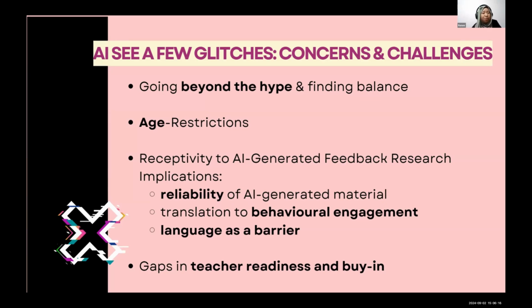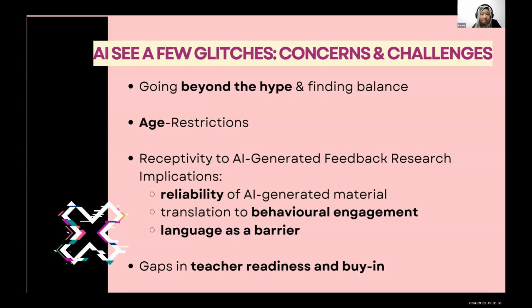Yeah, so that's something that I kind of have to figure out how to work around. In the research that I mentioned earlier, we also found that there are some issues with how reliable AI can be. I think many of us have seen the example of the strawberry, find how many R's there are in strawberry, and AI gives different answers. With feedback, it's a lot more complex. So sometimes it's hard to sieve out what's reliable and what's not.